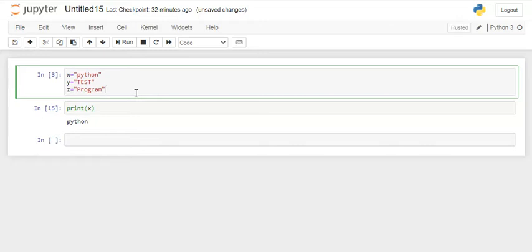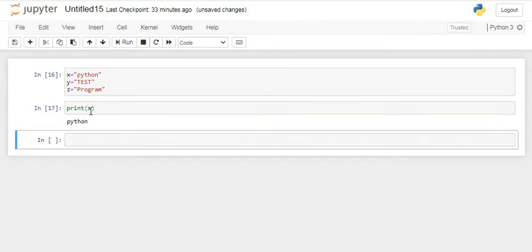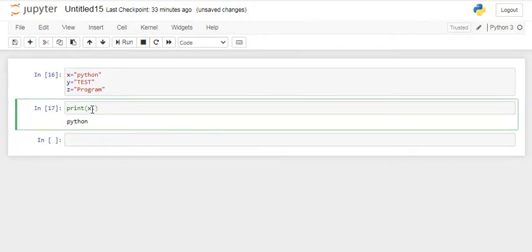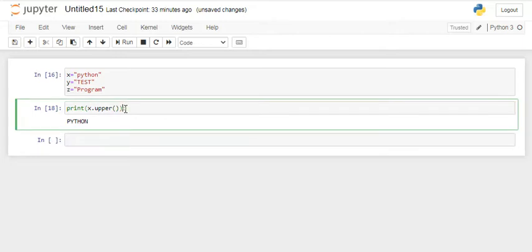So in this video, what we'll see is, in one of the previous videos we checked whether a particular string is lower or upper. In this video we'll see how to convert a string to uppercase and lowercase. Let's say here we have three strings, x, y, and z. If I try to print x, we can see all are in lowercase. Let's say you wanted to convert this to uppercase, you can simply write x.upper() with parentheses, and if you print, it got converted into uppercase.